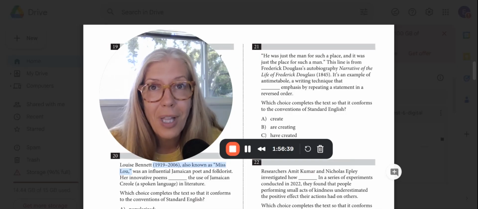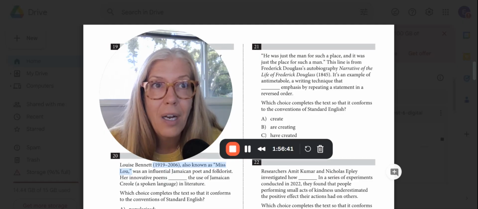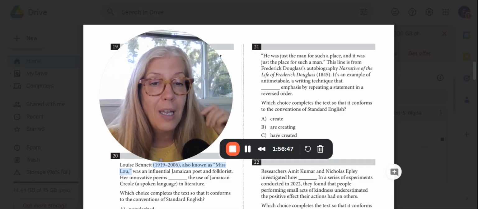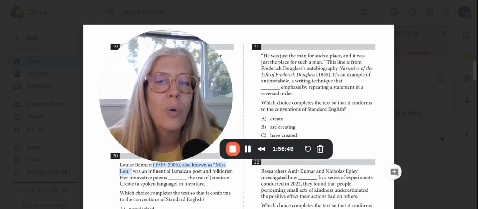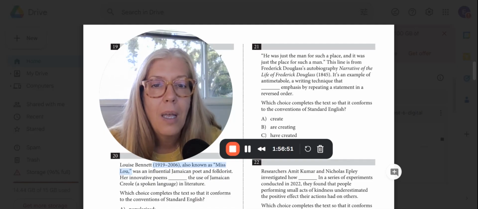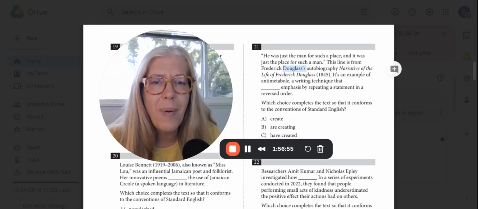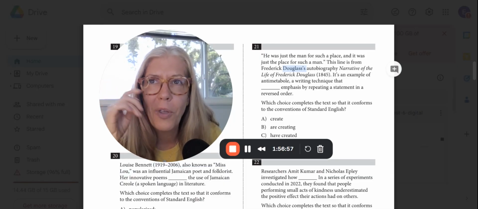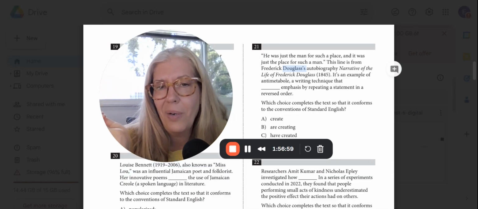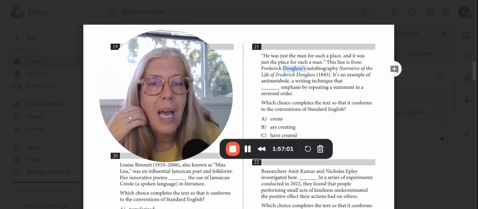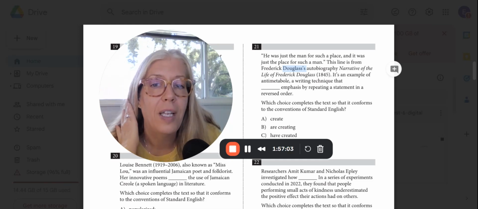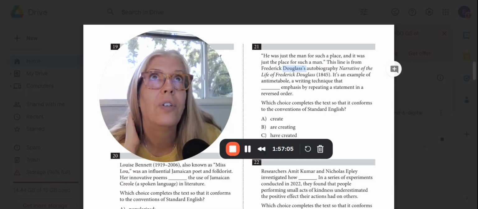So even if your last name ends with an S, you're going to add an apostrophe S when you want to show ownership. Frederick Douglass owns that autobiography. It's his autobiography. So we add an apostrophe S. Sorry, I had to yap about that because kids just automatically want to do the S apostrophe, but you haven't added on any possession. So that's how you do that. Autobiography, Narrative of the Life of Frederick Douglass,